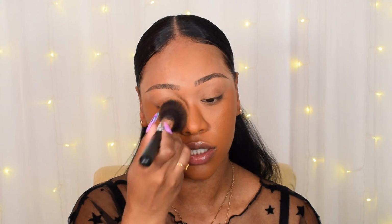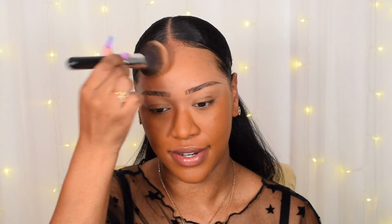So before it was like, I love the NARS foundation, but the formula just doesn't last well on my skin type, but now paired with the primer, it just lasts really well, and I definitely feel more comfortable going for it